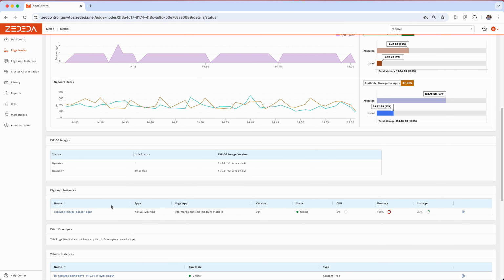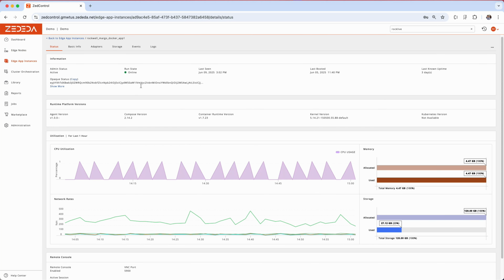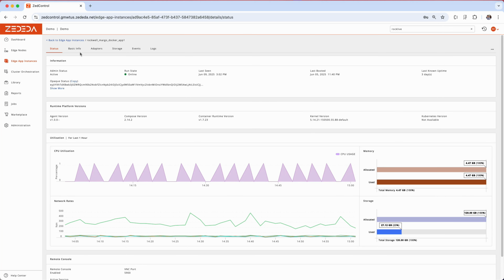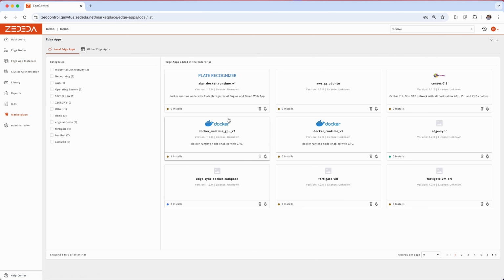And right now there's no application, so we just have the Margo runtime running on this device, and this Margo runtime is basically able